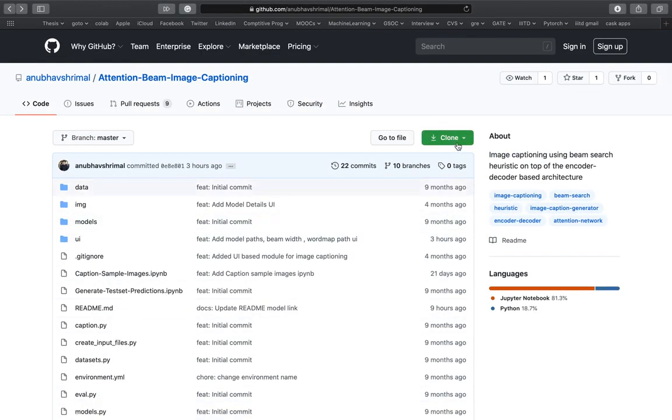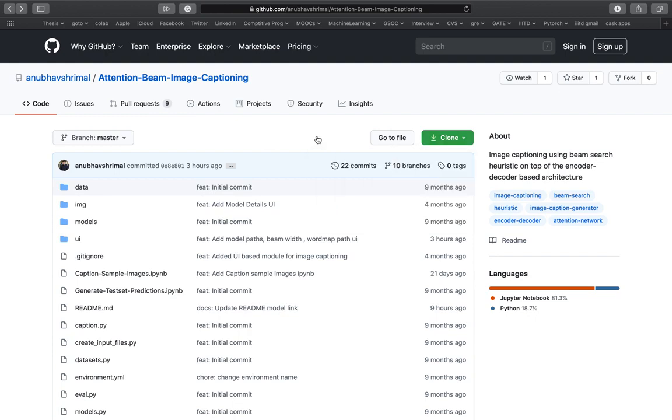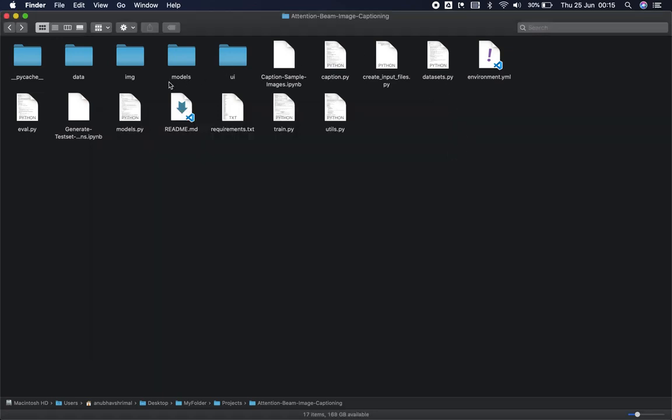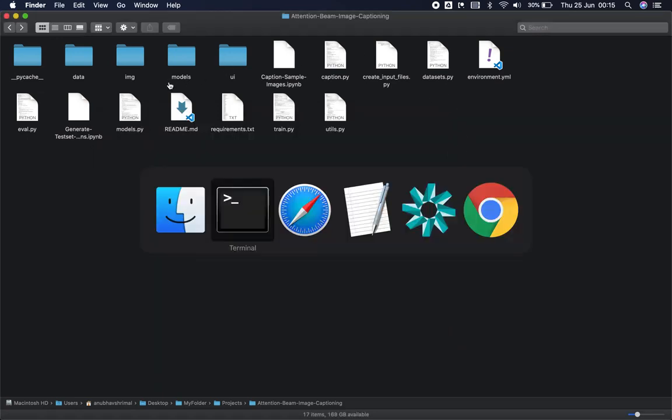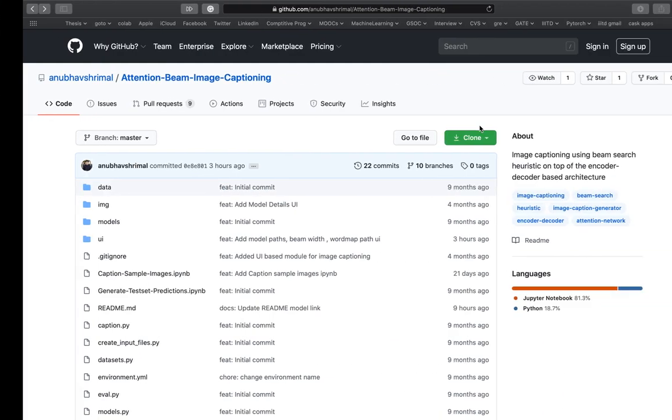First of all, we are going to go to this repository link. I will mention the repository link down in the description below. We copy the link, and next we clone it. So we do git clone and the repository name, and we run it to clone the repository. I have already cloned it, and as you can see over here, you will get these files in the folder. Next we need to download the pre-trained models.